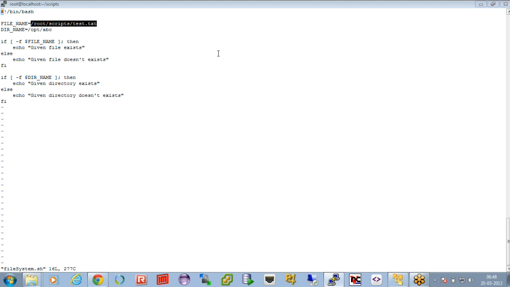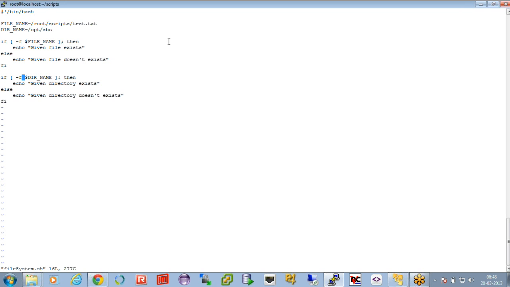Or now I want to move it to a particular directory. You move using the cd command, giving that particular directory name so that you can move to it. But if that directory doesn't exist, your script will definitely fail, right? So if you want to check whether a file or a directory exists or not,